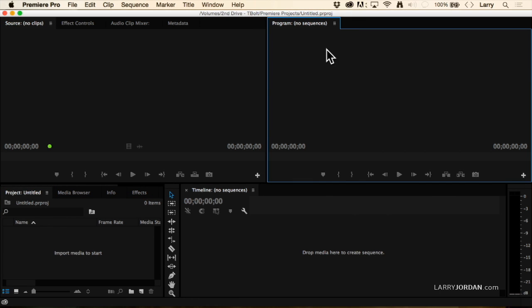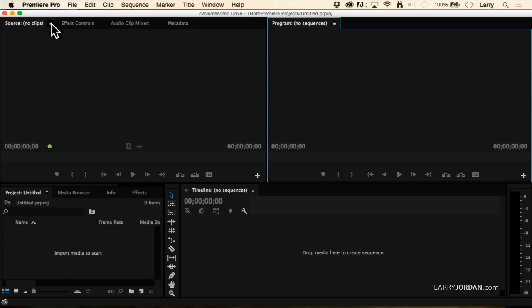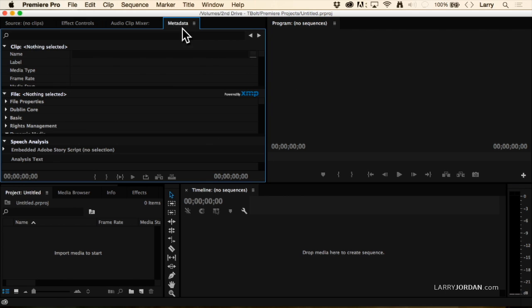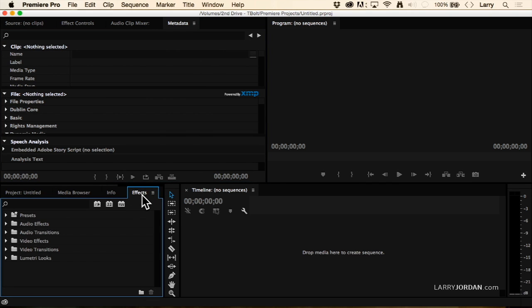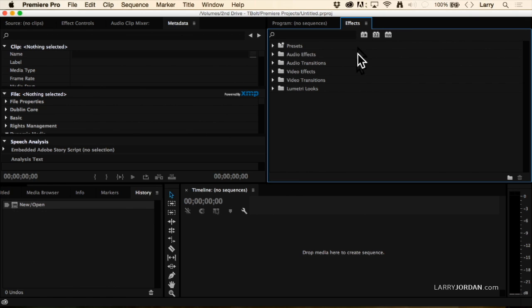Each one of these blocks, of which there are 4 principal blocks, is called a panel. And there are tabs at the top of the panel. Now, this is nothing new for anybody that's been working with Premiere, but what you may not know is that I can take a tab, for instance, grab Effects, and drag it up. And when I do, notice that blue box. When I put it in the blue box, it's going to put Effects up at the same level as, in